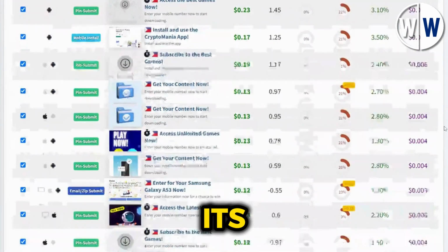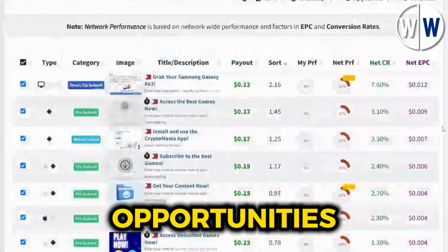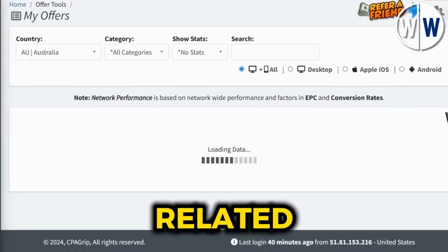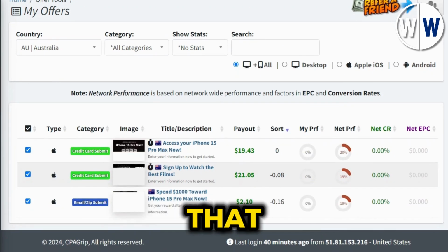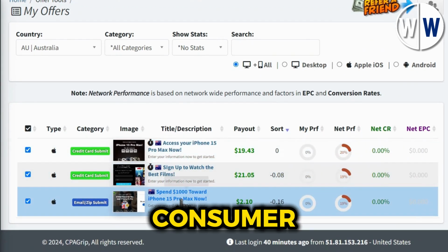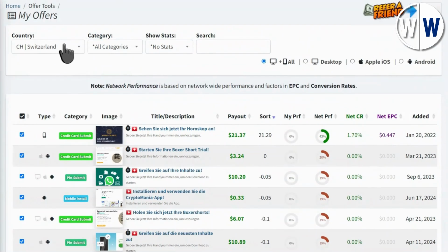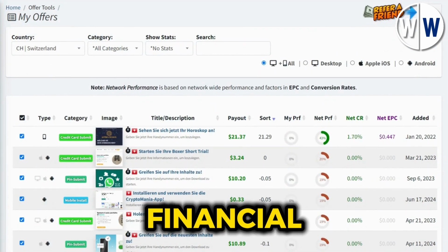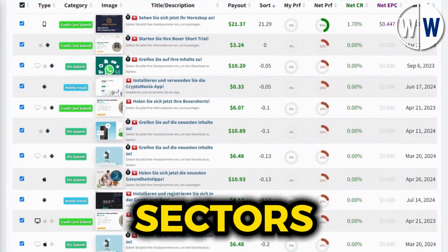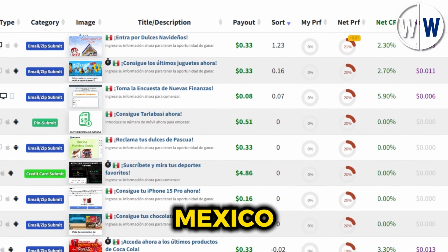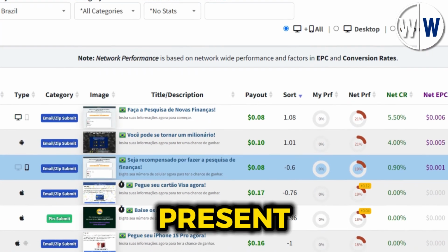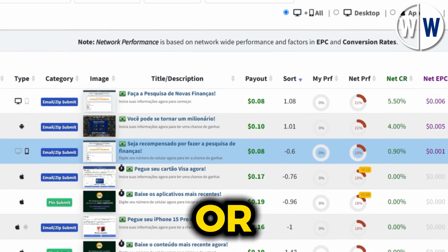Each market has its own unique characteristics and opportunities. For example, in Australia, you might find offers related to local services or products that pay handsomely due to the country's robust economy and high consumer spending. Switzerland, known for its financial services and luxury goods, could offer lucrative opportunities in these sectors. Brazil and Mexico, with their large and growing online populations, might present chances to promote digital products or mobile services